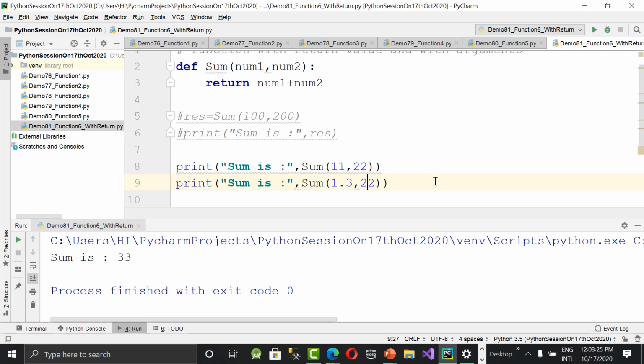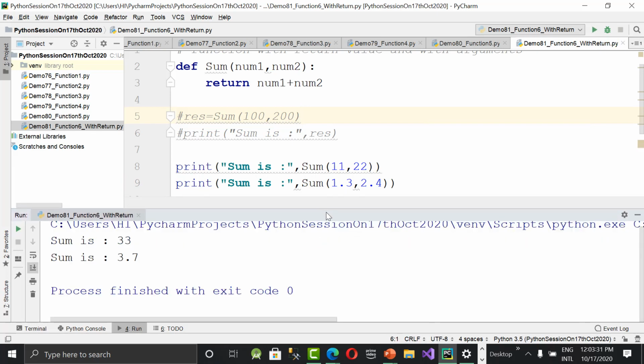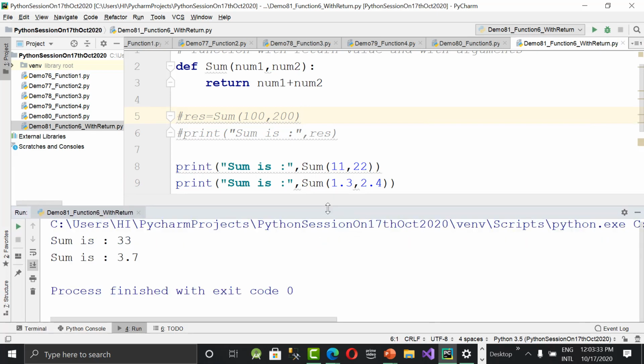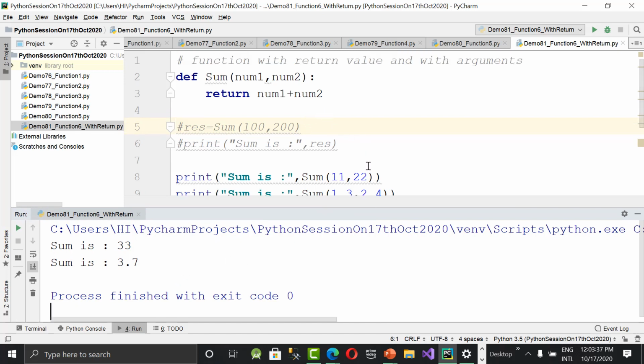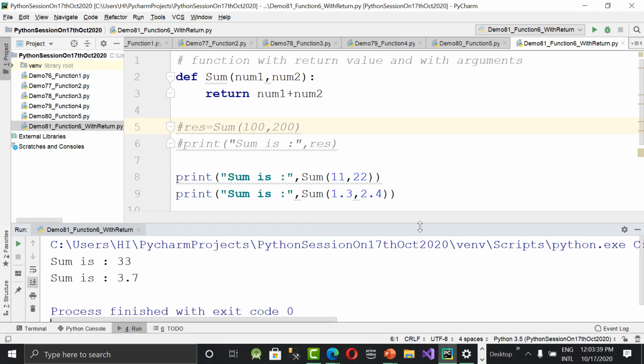So polymorphism is successfully implemented in Python. Only one function called sum, but I can pass different types of values. See, if I pass strings, what happens? Yes, concatenation will be done.